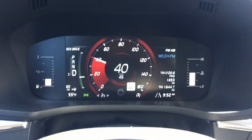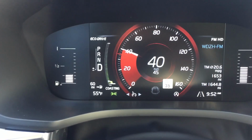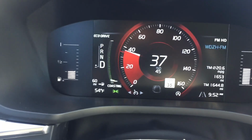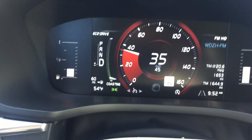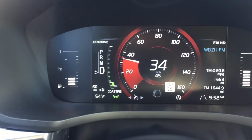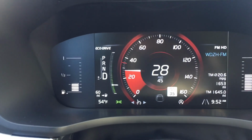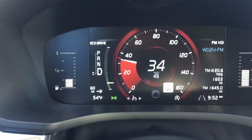Okay, so I'm gonna go to 40, take it off, and right there you can see it says coasting. So it's just like being in neutral, so you can coast like that for a while, and it's saving gas. As you see, I will probably have to brake, because once you put your foot on the accelerator, it's gonna